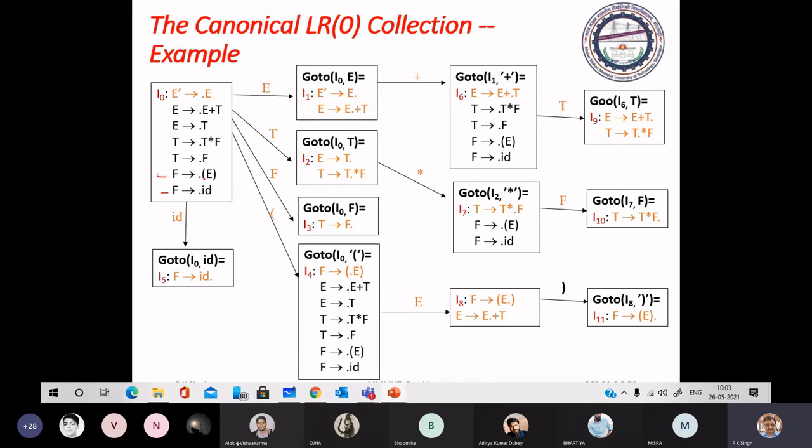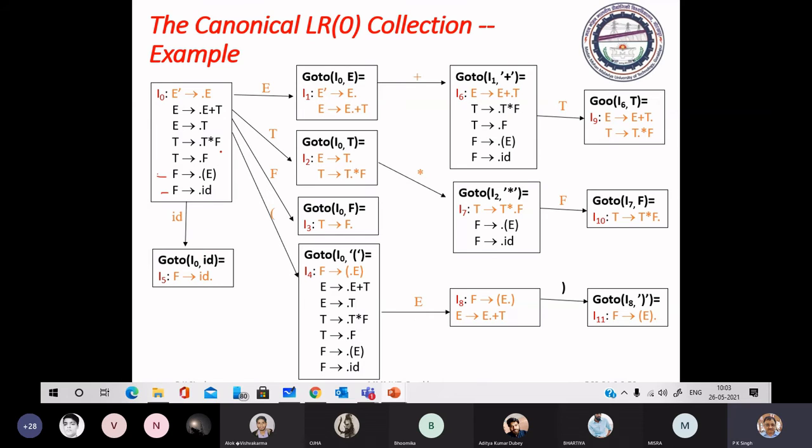Here you have a terminal symbol just after the dot, so the action is shift. I0 opening bracket is shift. Where to shift? Go to I0 opening bracket is I4, so the action is shift S4. And for ID the next state is 5.